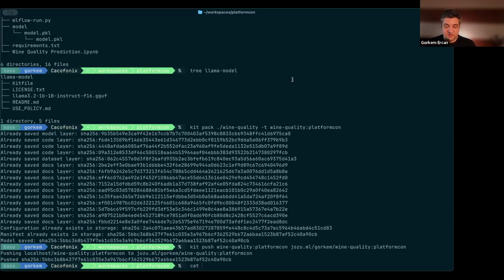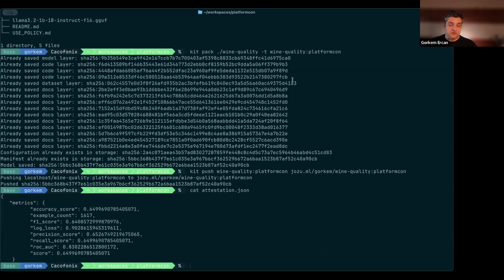It's a JSON file, and it basically holds the results of the MLflow run, and it gives you an accuracy score in a JSON format.